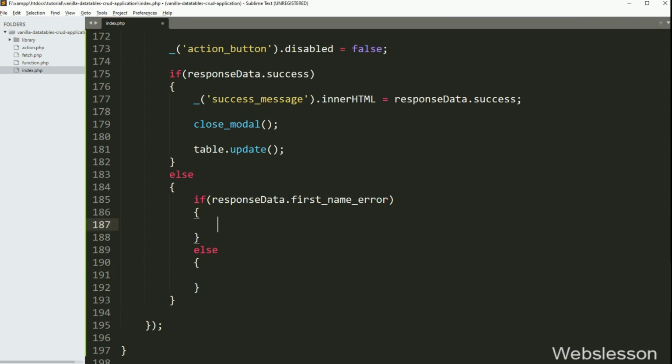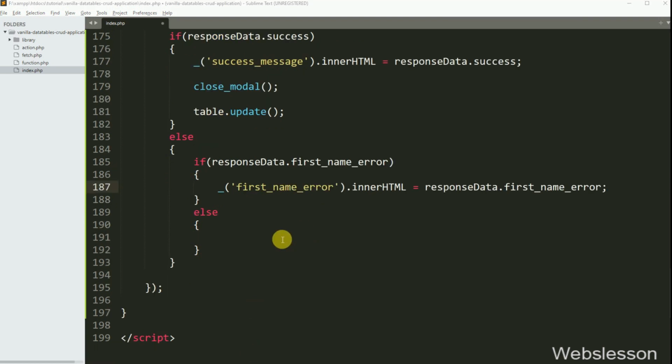Under this block, we have written the underscore function with span tag id first_name_error with innerHTML equal to the response.firstNameError variable, so it will display the first name text box validation error. But suppose the above condition is false, then it will execute the else block of code, and here we have written the underscore function with span tag id first_name_error.innerHTML equal to a blank value.